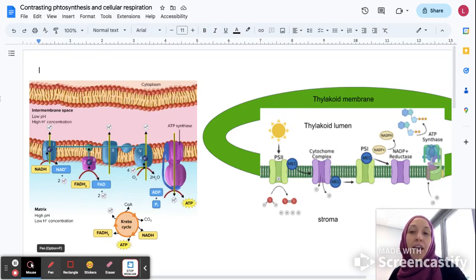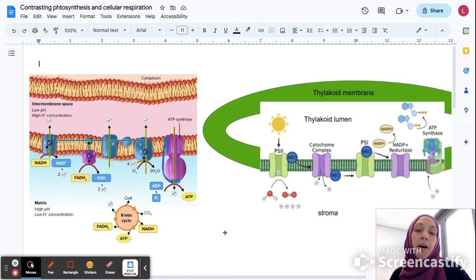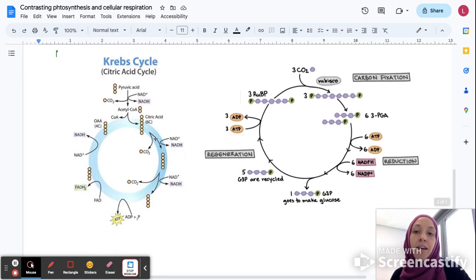Today we are going to talk about photosynthesis and cellular respiration. We're going to compare and contrast these processes, not necessarily their overview, but more of their stages. Compare and contrast their stages. How are they similar? How are they different? How are they opposite? Okay, so we're going to start this process by comparing and contrasting the Krebs cycle from